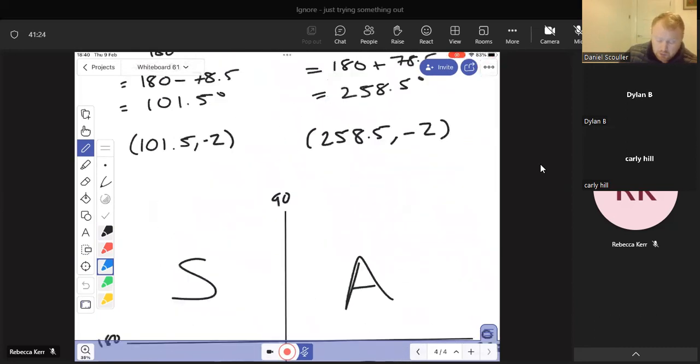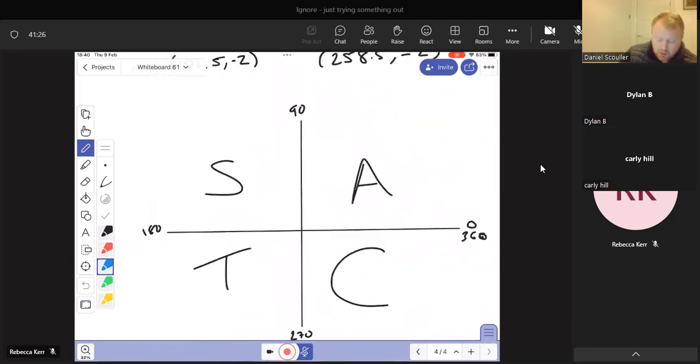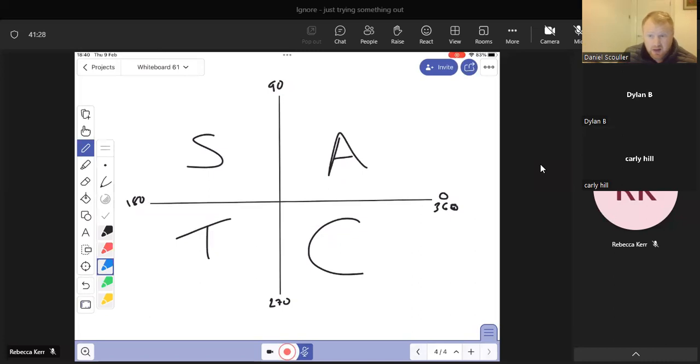So if we've got a positive for any of them, then one of the answers has to be in 0 to 90, because all of those graphs are positive there. So cos x is positive, sin x is positive, and tan x is positive. If you were to draw those graphs out,